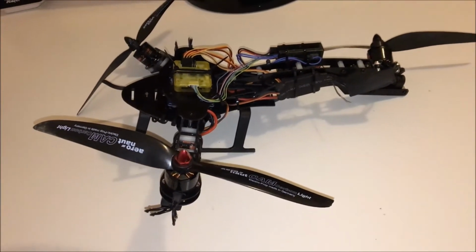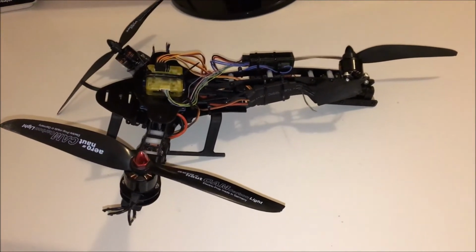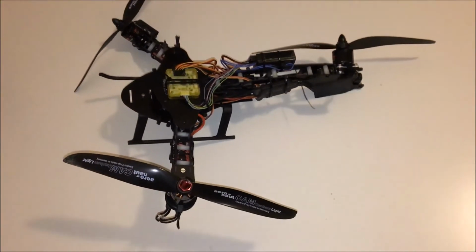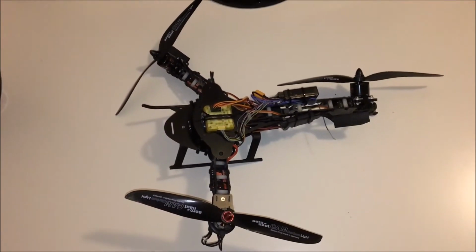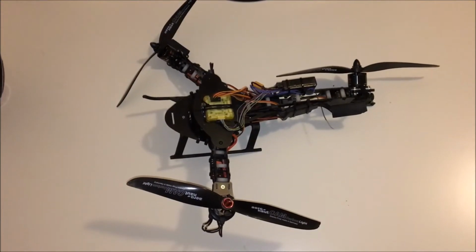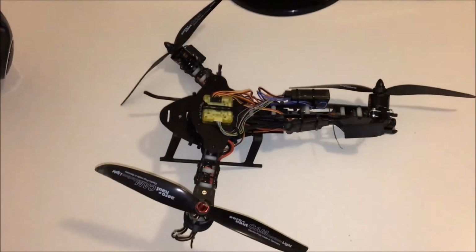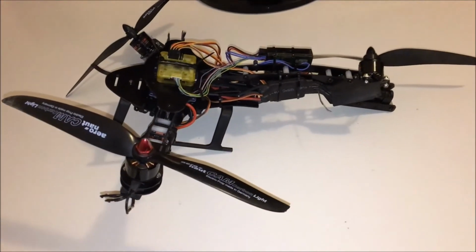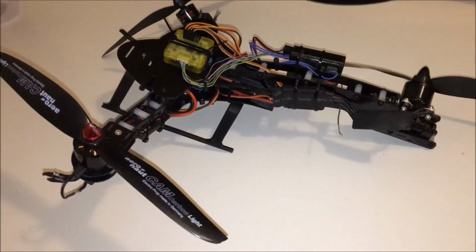So just for you guys out there who are inexperienced like me, or like I was, and planning to buy such a frame, such a tricopter. I mean, they are cheap. I got it for 25 euros on eBay, so you can't go wrong on them. But just to let you know,